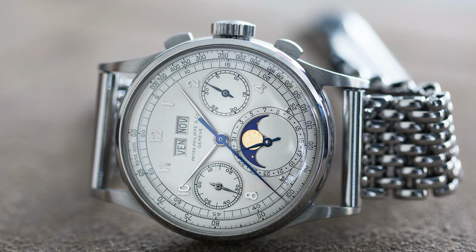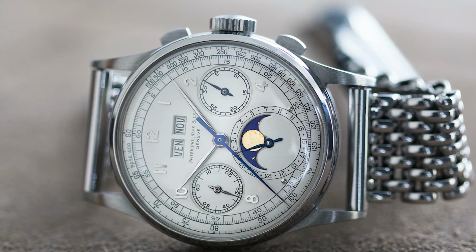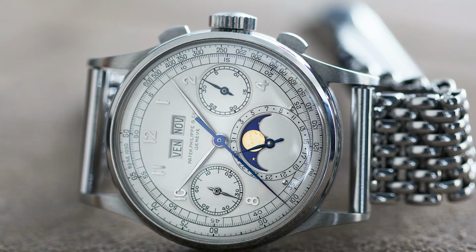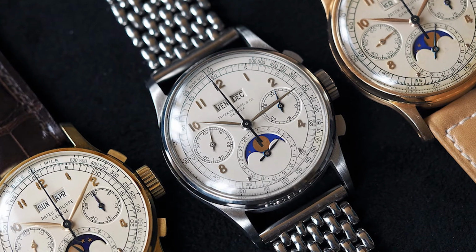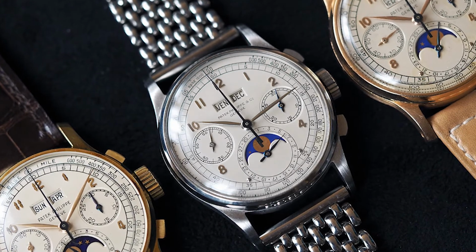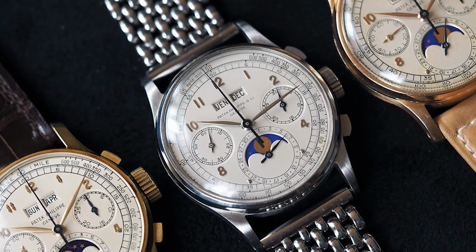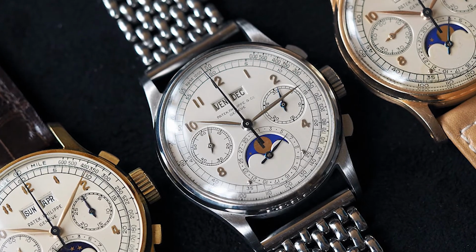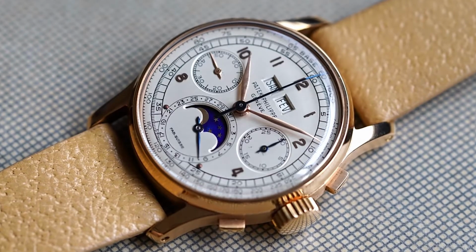$11,136,642. Back in 2016, at an auction in Geneva, this watch was auctioned off. It was sold for 11 million Swiss francs. The reason why this watch is so expensive is the fact that it was stainless steel. Most luxury watches are expensive because of rare diamonds or because of the complication, but this is a rare case of rarity. Almost all luxury watches made by Patek were made with yellow or rose gold, while this watch was